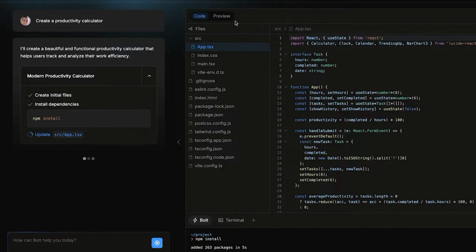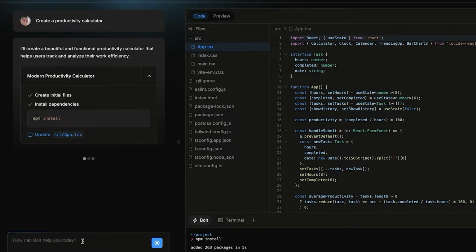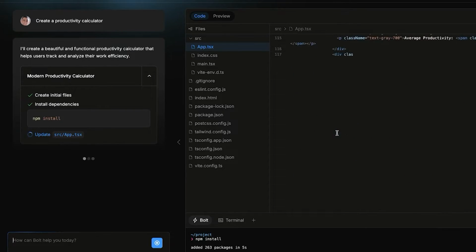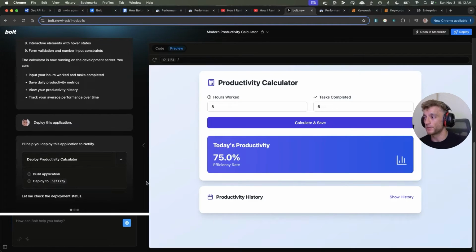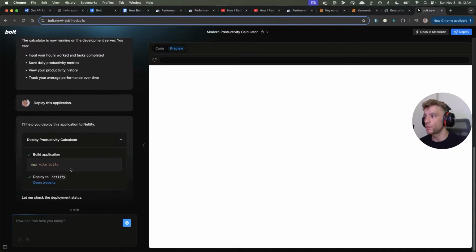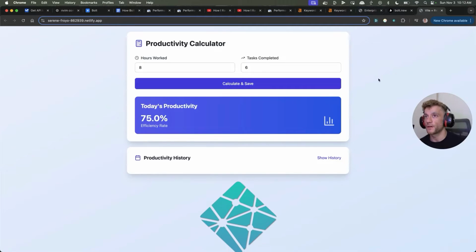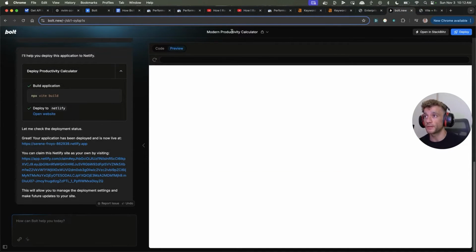And if you don't like what you see, or if there are any issues, you can go back inside here, screenshot them and say troubleshoot. Otherwise, just wait for Bolt to do its magic. And then from here, if you click on deploy, it will deploy this application to a staging website, which is actually like kind of a live URL. But it gets even better because once you've done that, you can actually set it up to be a custom domain on Netlify, right? So you can see here, for example, inside Bolt.New, we've created the modern productivity calculator